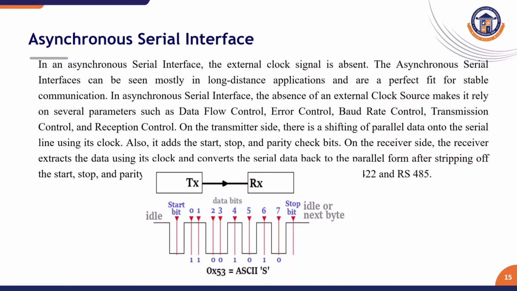On the transmitter side, there is a shifting of parallel data onto the serial line using its own clock. Also, it adds the start, stop and parity check bits. On the receiver side, the receiver extracts the data using its clock and converts the serial data back to parallel form after stripping off the